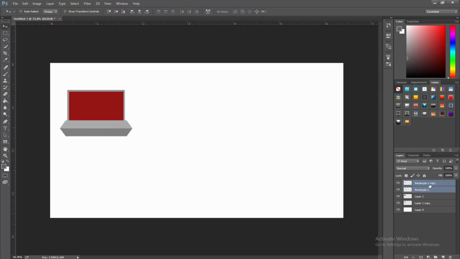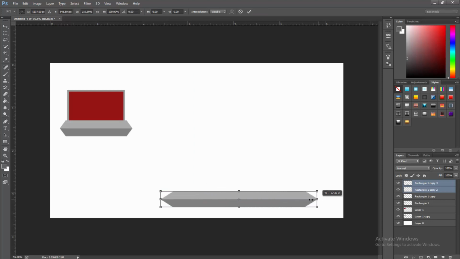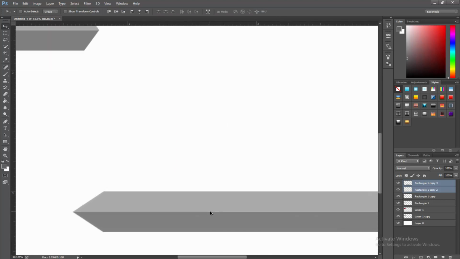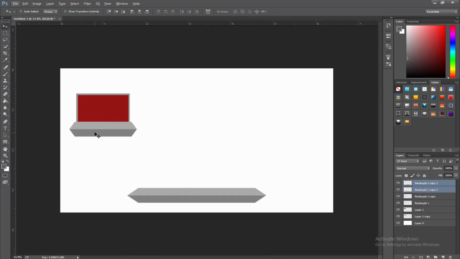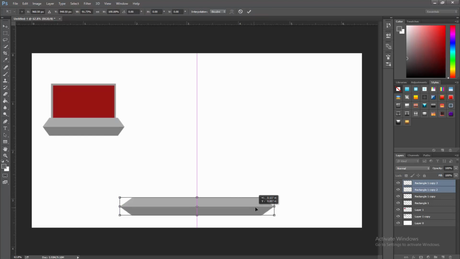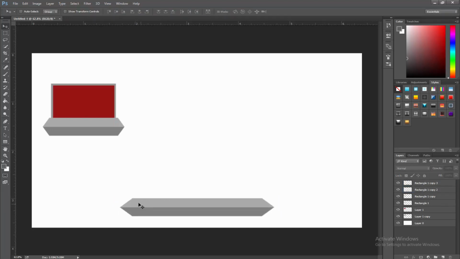So I've got both of these selected, both my little rectangles here. Click Control J, and now I can move them, and I'm going to center them up and then make it a bit bigger like that. So now we have a nice bar that's the same size as this, just a little longer, and basically this bar is going to be our middle header, if you will, for the stream. You could write streaming or something like that on there. It's really up to you, but I'm just going to duplicate this again,